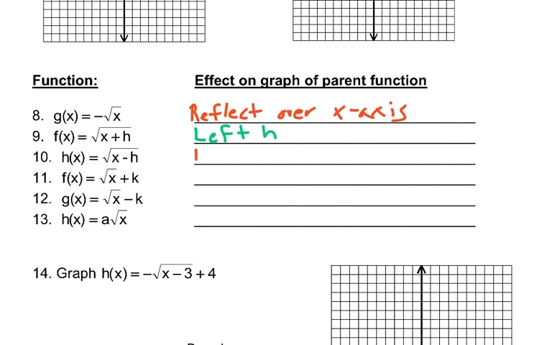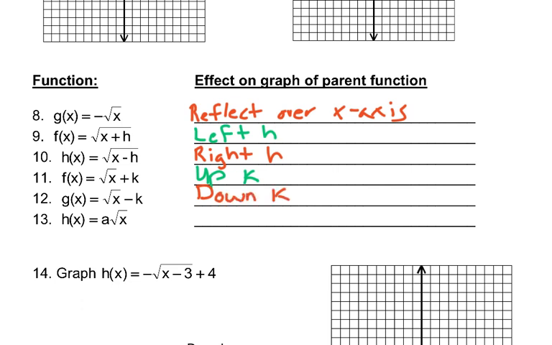Subtracting on the inside is going to move to the right however many units. Adding on the outside moves our graph up k units or whatever number that is. And subtracting on the outside is going to move it down